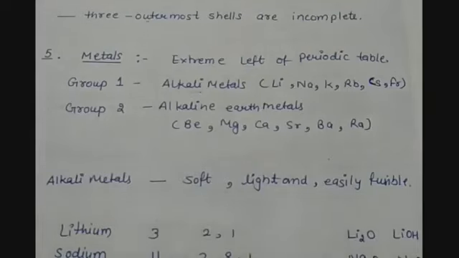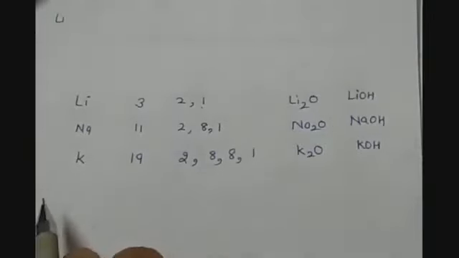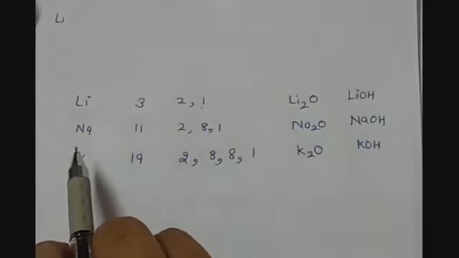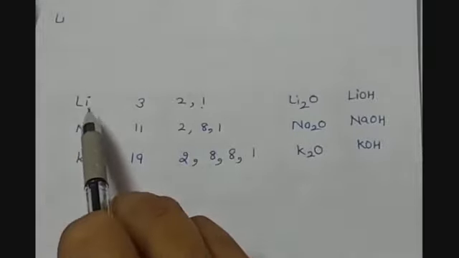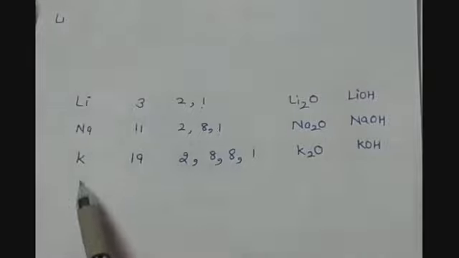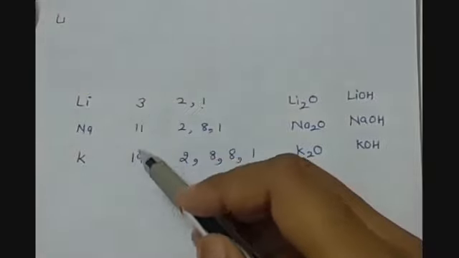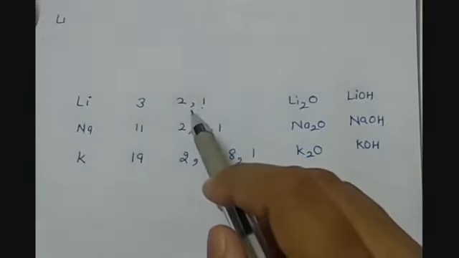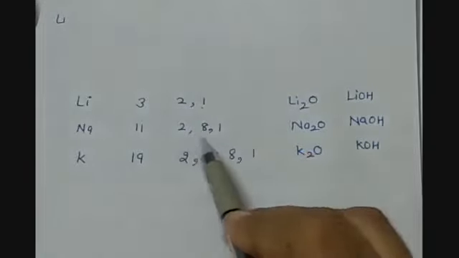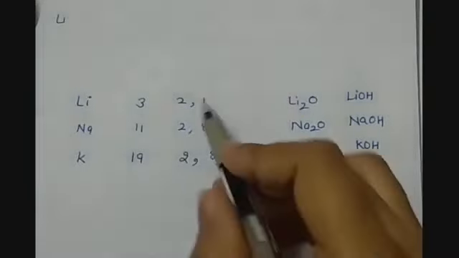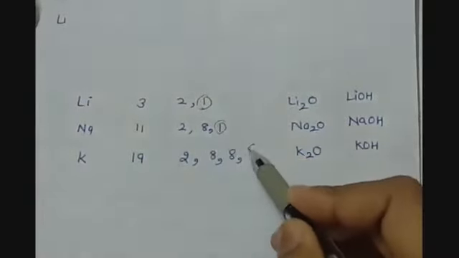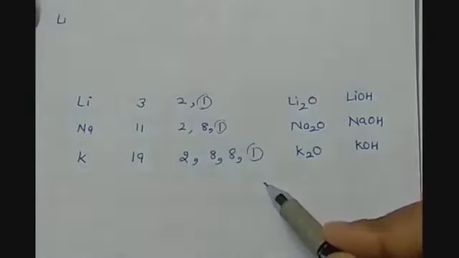For example, sodium, which is a highly reactive material, is kept under kerosene so that it cannot react with the air. Let us take the example of the first group metals, which are alkali metals. For example, we have taken 3 from them: lithium, sodium and potassium. They are having atomic numbers 3, 11 and 19 respectively. So accordingly, their electronic configuration will be 2,1; 2,8,1; 2,8,8,1. So you can see here that all the 3 members of the group are having valency as 1.